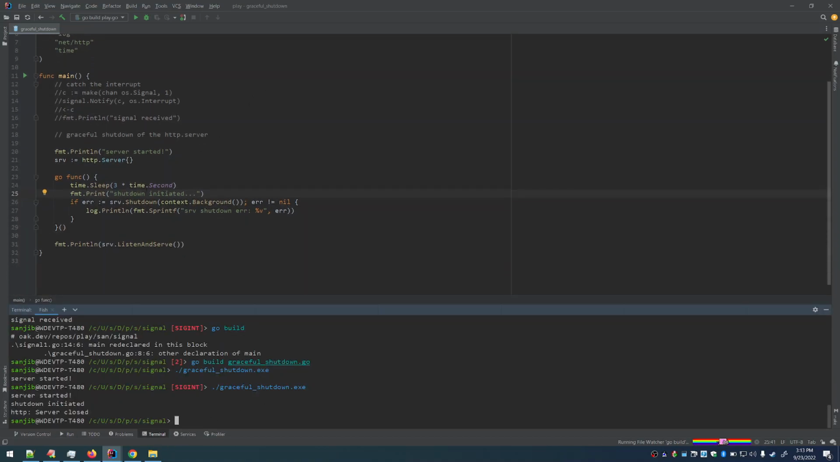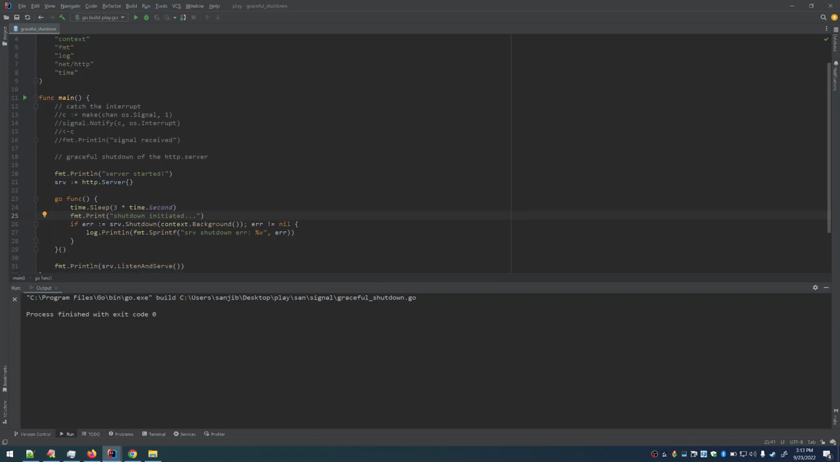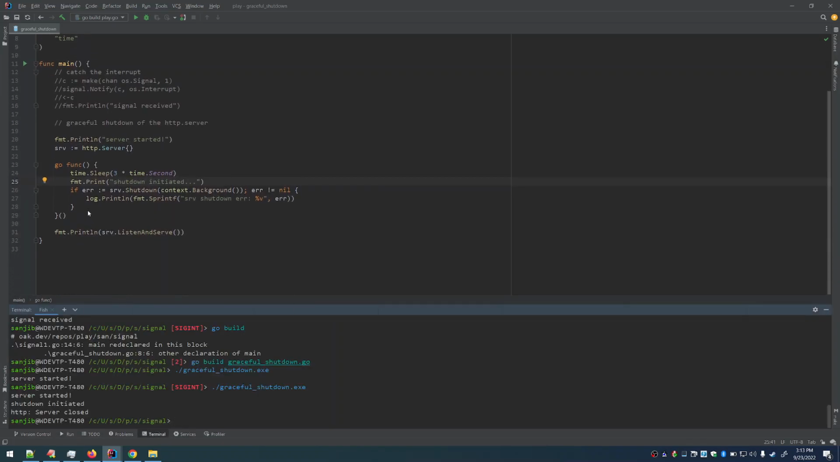So what happened was we were running the server, and then we also ran an anonymous function in the background. This goroutine sleeps for 3 seconds, initiates a shutdown, and then runs the proper server Shutdown command. And this is basically our graceful shutdown, where we have initiated this command and that shuts down the server